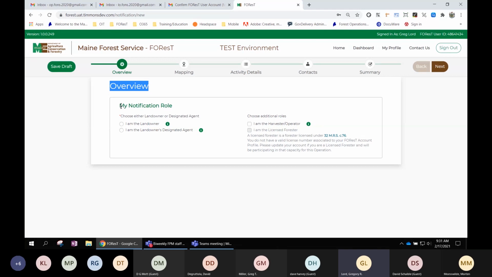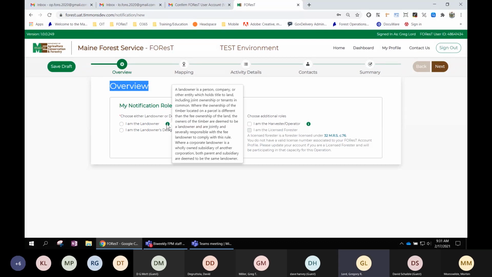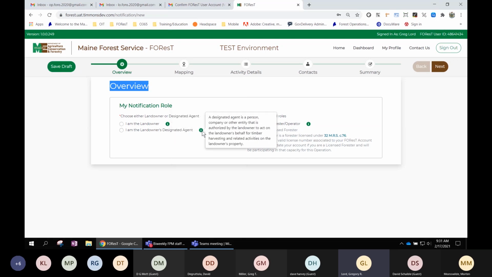So the first step in the overview is to identify my roles on the notification. And you'll notice that there are these little eye or information icons here. If you hover over them or if you click on them, it's going to provide you a little bit more information on what we mean by a landowner designation, or what is a landowner or a harvester operator. There's also links, and I'm going to try to point them out as much as I can along